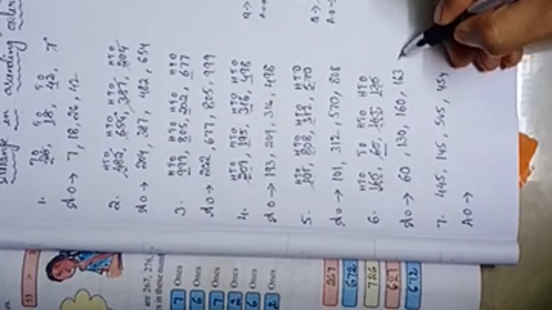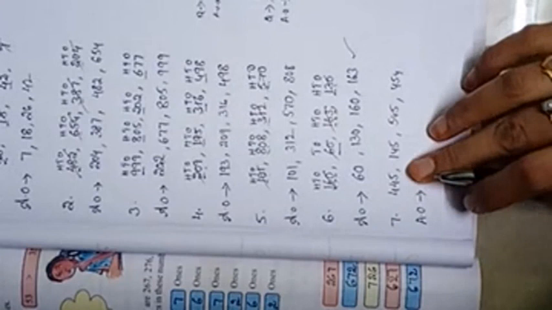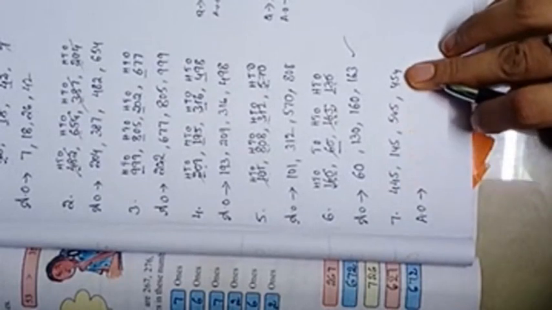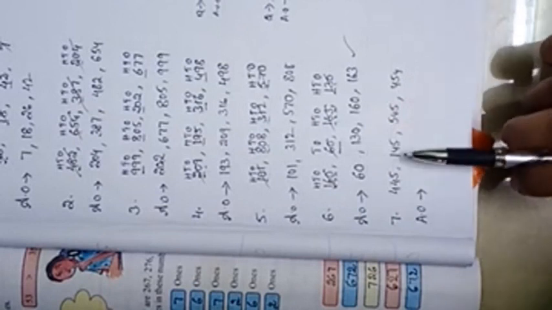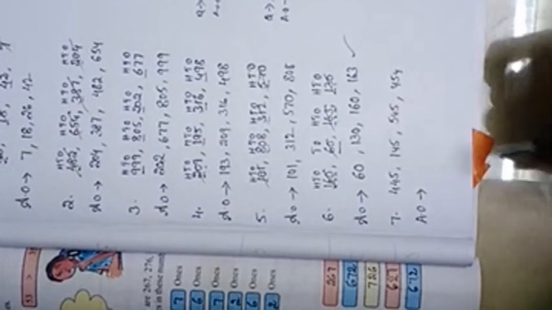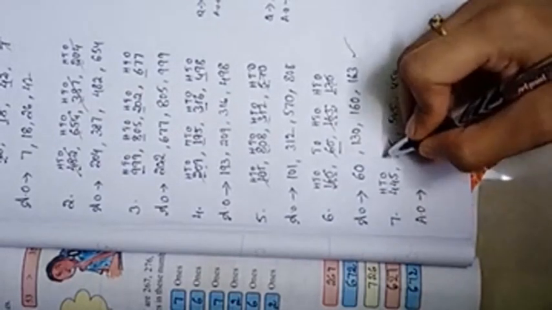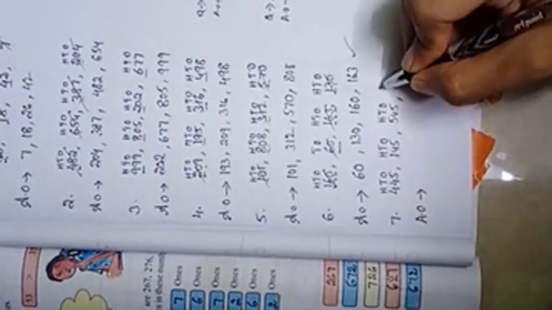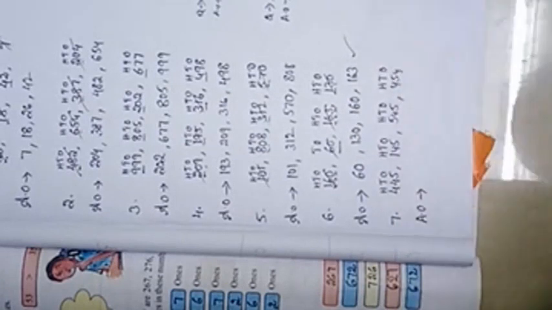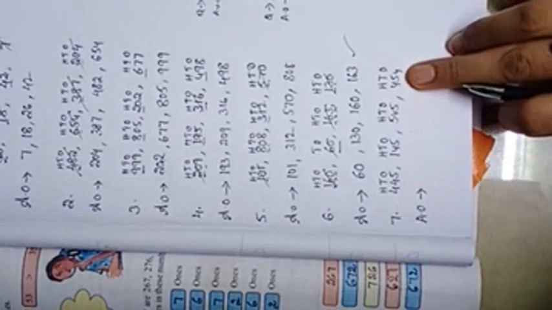Children, I hope you understood this bit also nicely. Last question. Here you have to observe carefully. Since you understood this example, you will do this example also on your own, children. Okay, let me solve this. First, you have to observe whether the given numbers have the same number of digits or not. Here, all the numbers are 3-digit numbers.